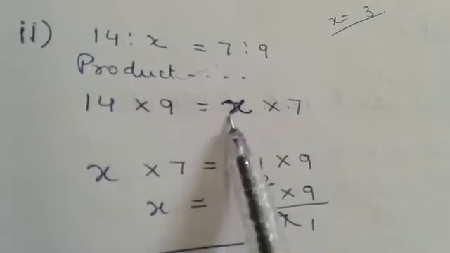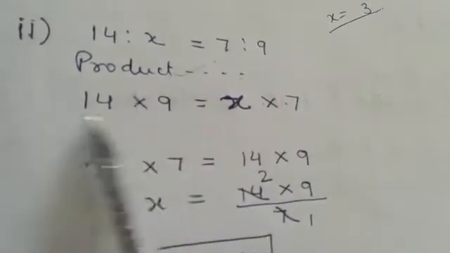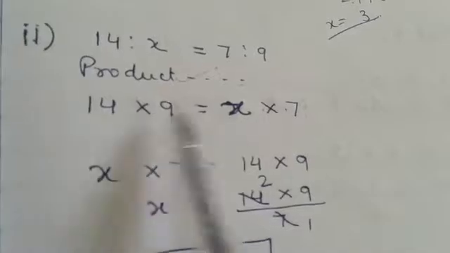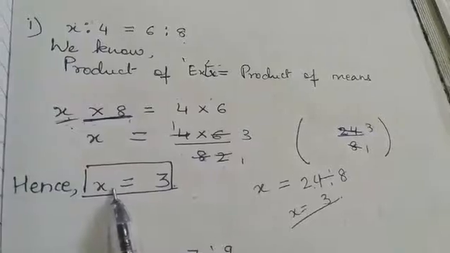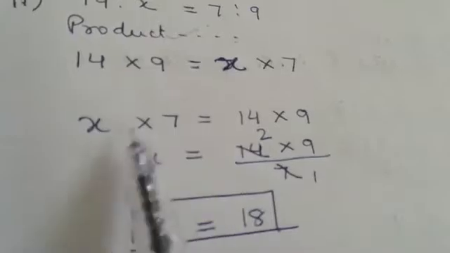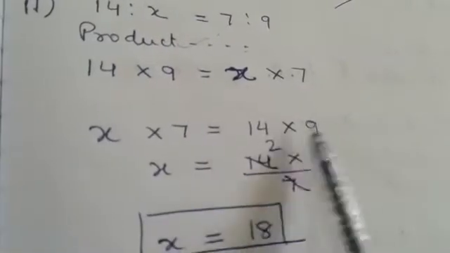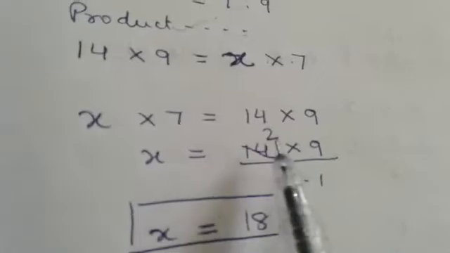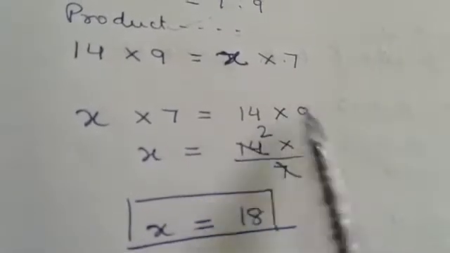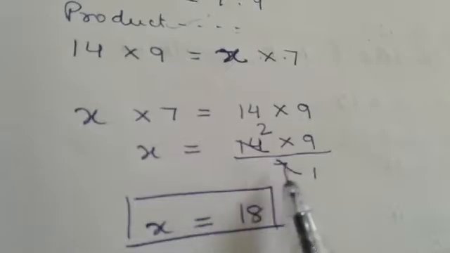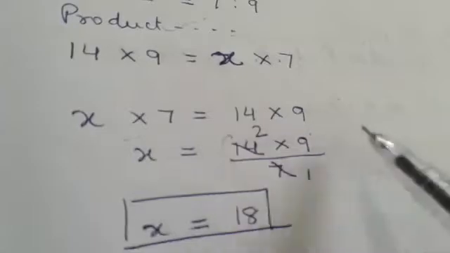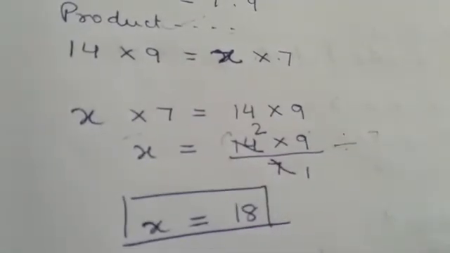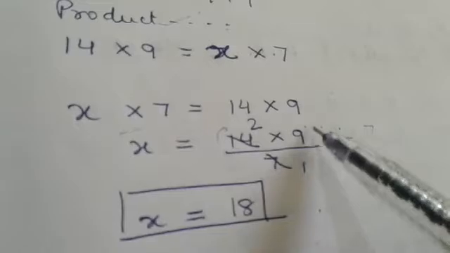Multiplied by 7, it will become divided by 7. So this is the first way. X is on the RHS, no issues, keep x here itself, transfer only the multiplied by 7, and it will become divided by 7. This is one way. The second way is to just transfer everything, this whole to the LHS and this whole to the RHS, and then do it the way it was explained in the earlier question. Both are okay. So x multiplied by 7 is equal to 14 multiplied by 9. X is equal to 14 multiplied by 9, divided by 7. You can write it this way also.